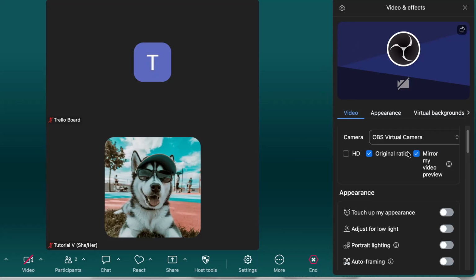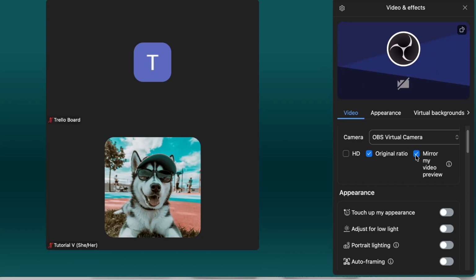This will open up a drop-down menu with several options for you to choose from. In this menu, you're going to see a list of settings you can adjust. What you want to do next is to click on Settings. Clicking on this opens up the Settings menu where you can find a multitude of customization options for your Zoom